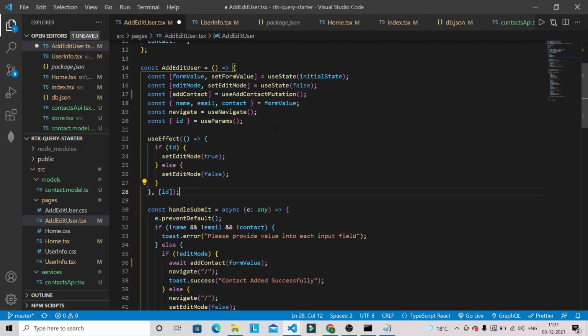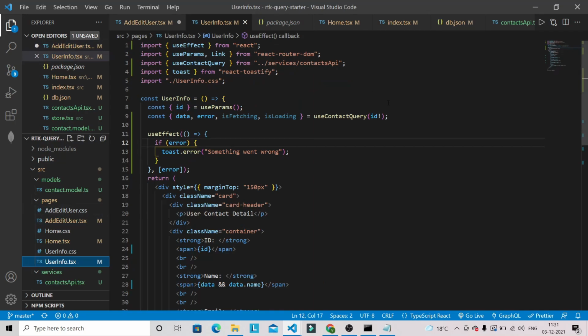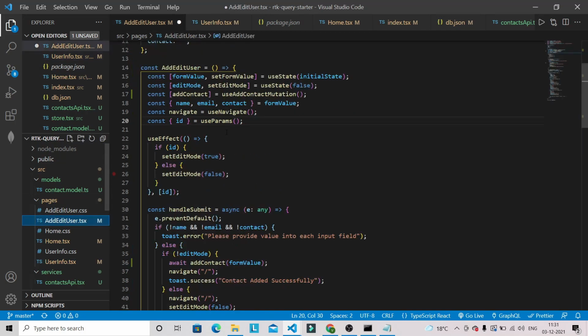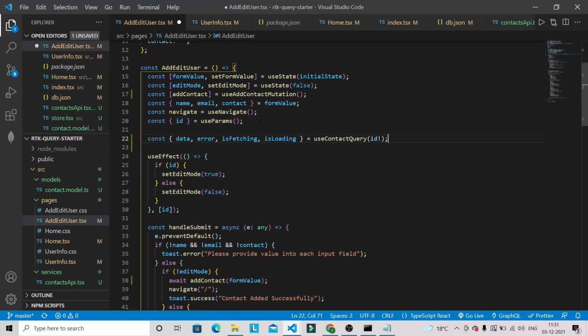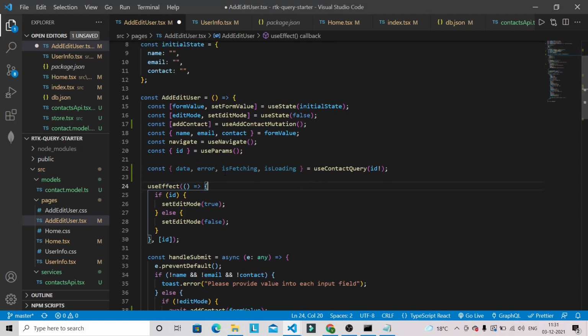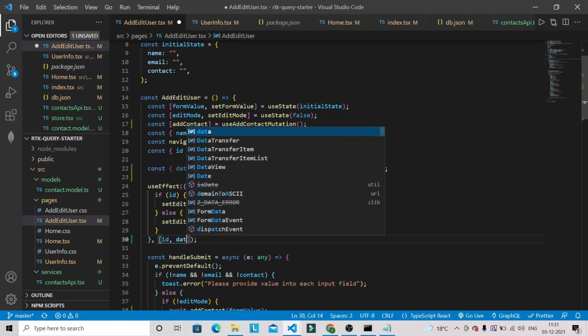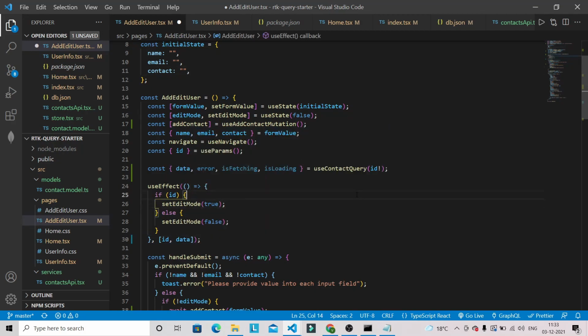Okay, so let's use that one. So what I'm going to do is copy this one. Okay, let's paste it here, and here we are providing the ID and we have got this data. So this use effect will run if we have the ID along with the data.